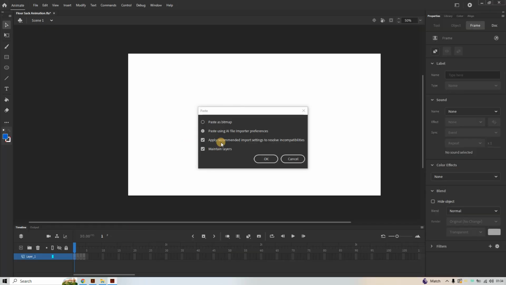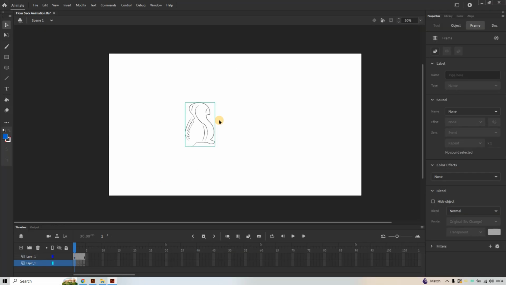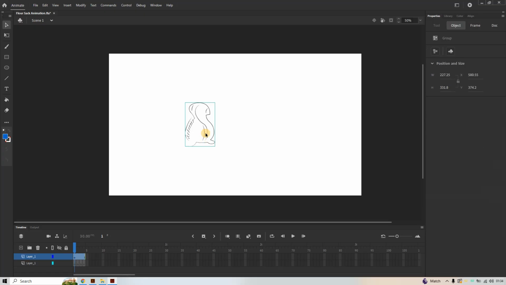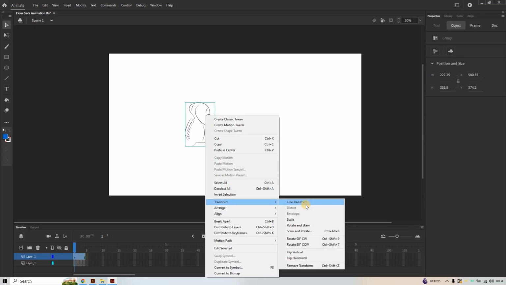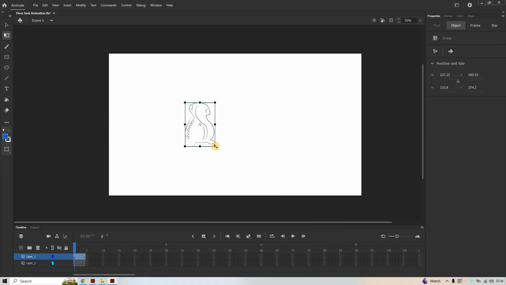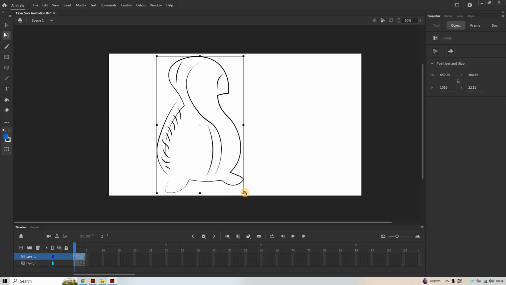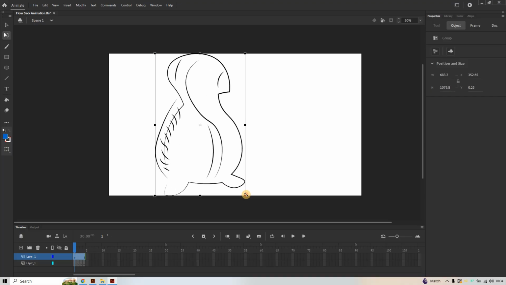So we go back to Animate, we say okay. So this is our drawing. We can right click, and then we transform. We say free transform, then it allows you to transform this image like that. I want to expand it. Yes,